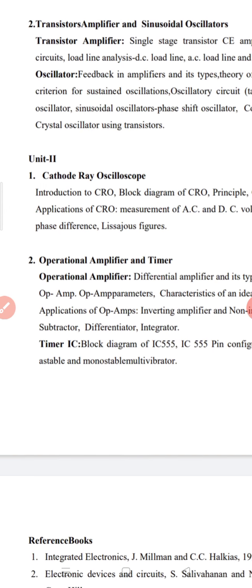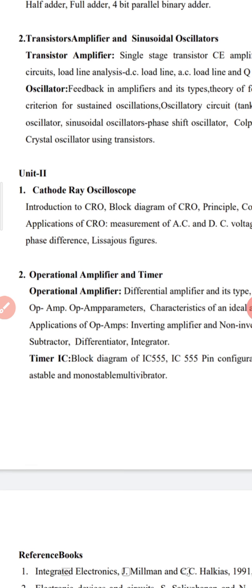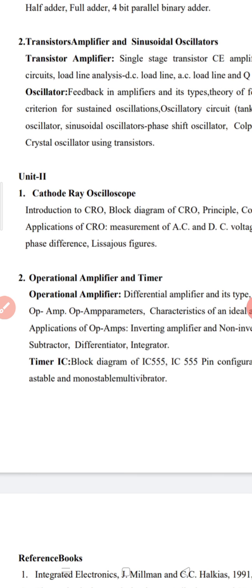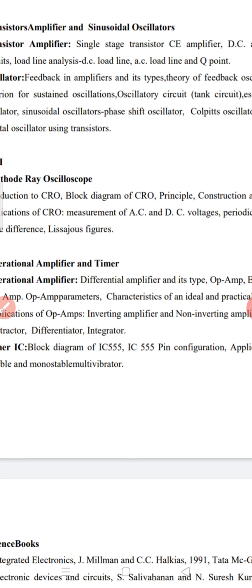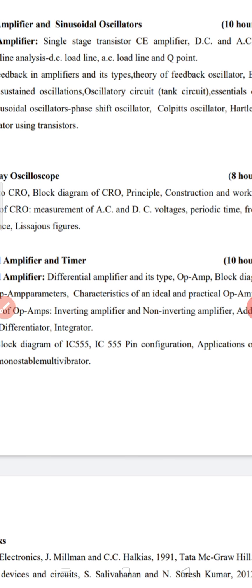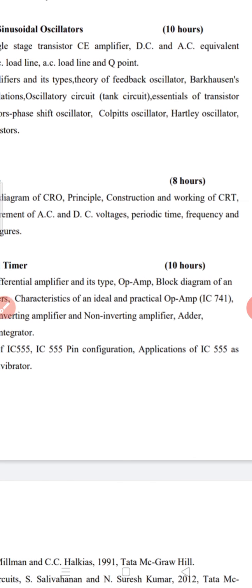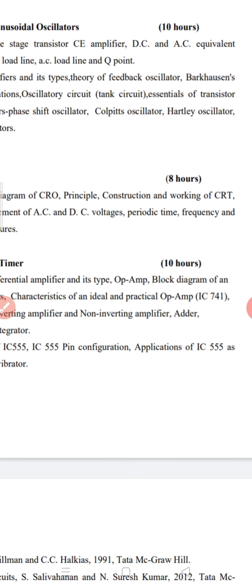Then it comes to oscillators. Oscillators are used to get various types of signals. We are going to look at what oscillators are and what their properties are, that is, giving feedback in amplifiers, and its types. If we use feedback in amplifiers, we can use them as oscillators. Then we will study the theory of feedback oscillators, then Barkhausen